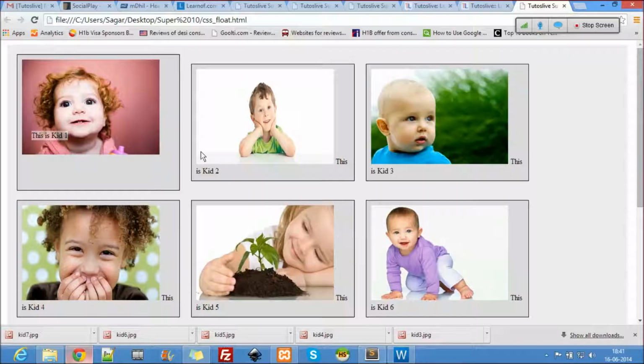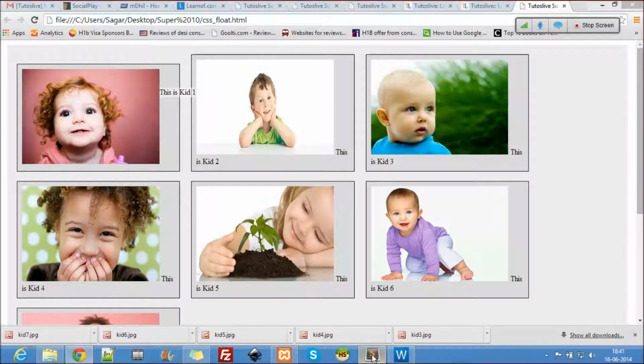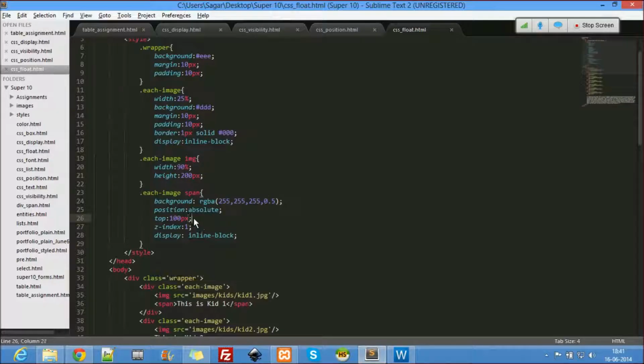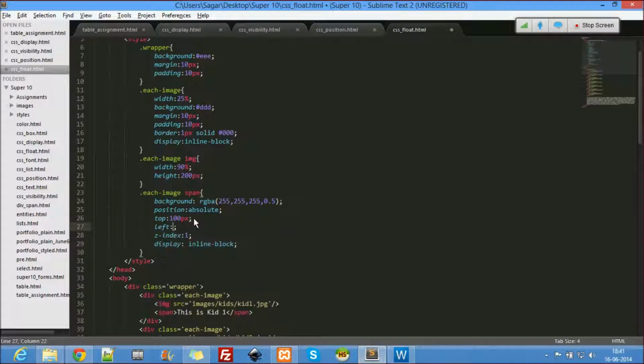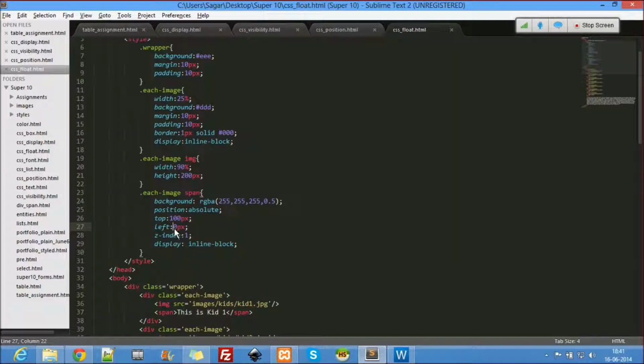So let me go here and refresh. Okay, what happened here? Top is 100 pixels and left is 0 pixels, let's say. Okay, let's increase the left to be 30.